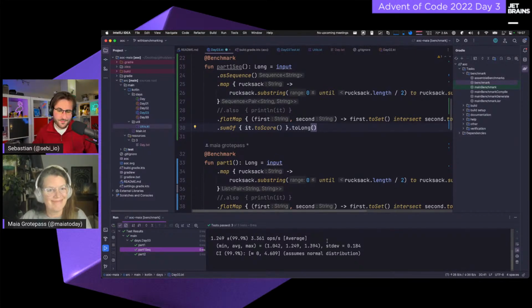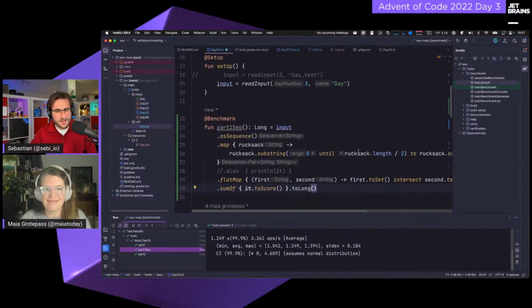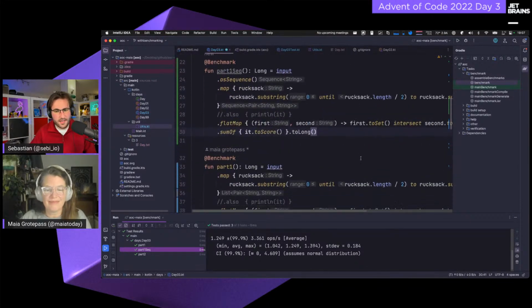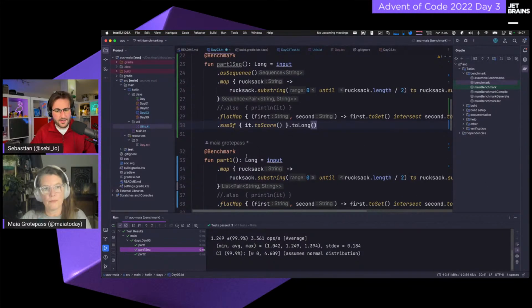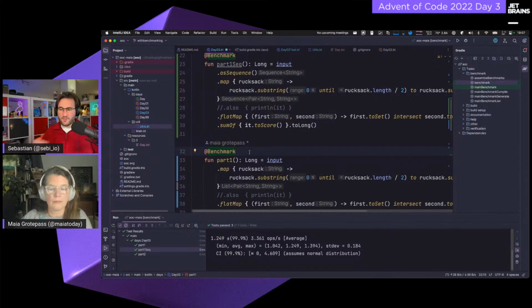Yeah, for sure. But I think it's just kind of nice to see also what the setup would look like if you had multiple variations, or if you iterated on your part 1 and part 2 solutions. You can start new iterations or new variations and annotate them with the benchmark annotation. And then if you run all of them at the end, you're going to get an overview of which one of them actually happens to be the fastest, and you don't have to do any kind of guesswork,